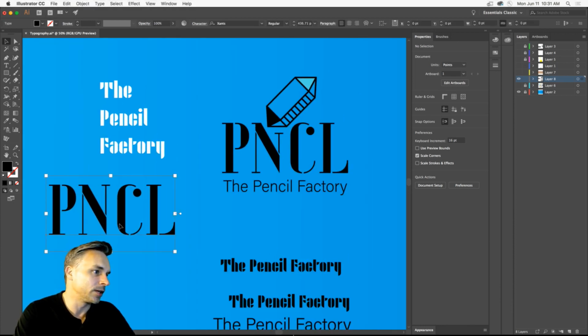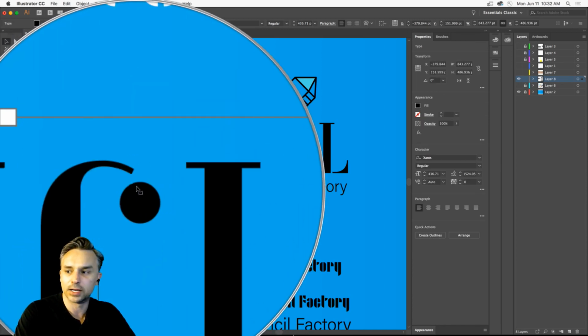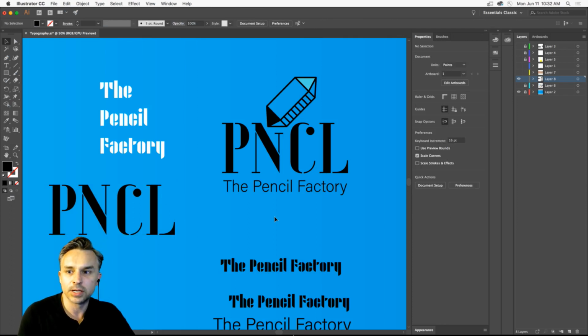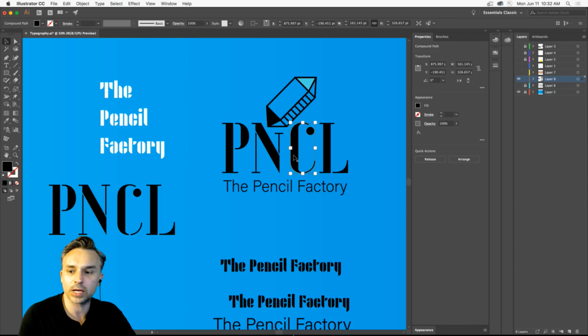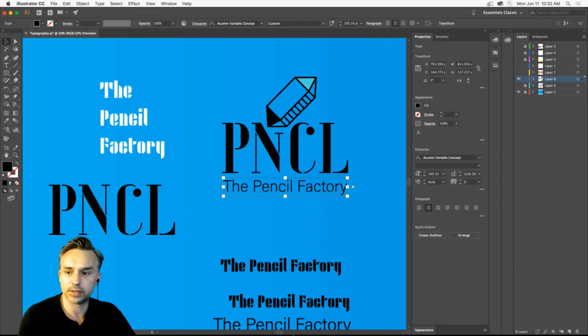This font is really growing on me. Xantz is really growing on me. Look at that. It's just awesome. You could do so much with this. What is this considered? Well, it's considered a header font, right? That's what this would be. I wouldn't use this for body copy, but I would use Acumen.